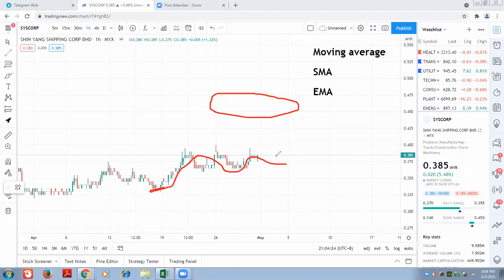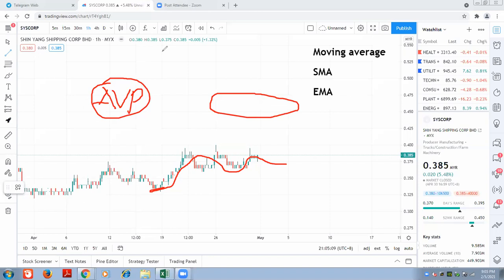So why do we need to see this line? We need to see this line because we want to find the relationship of the average over price, the average over price in certain days. People always pick a moving average with a certain number of days that they use for the average. What is the average? Let me go back to the basic